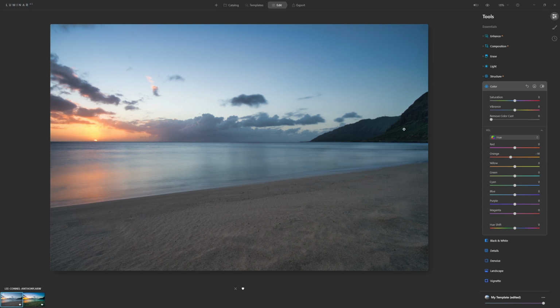The greens that we have appearing here in this landmass over here, I find that a little distracting. So we've got a few options. We could either try and tie it in with the rest of the photo. So take the greeny cyans and push them more towards a blue so that they harmonize more with the sea and the sky. And I think that's what we'll do in this instance. And if I turn the color adjustments off and then turn them back on, it's very subtle, but we've taken that green effect there,